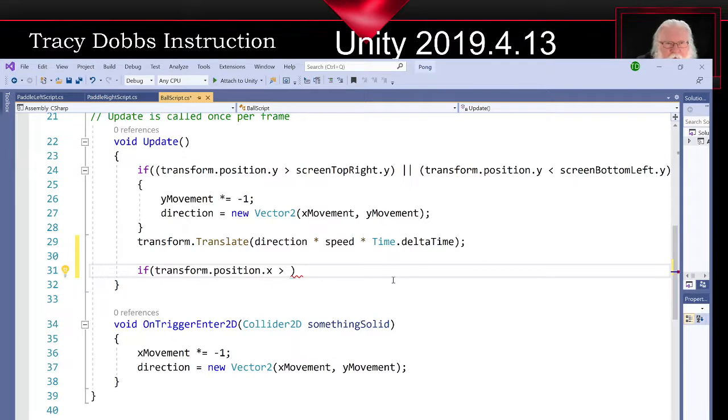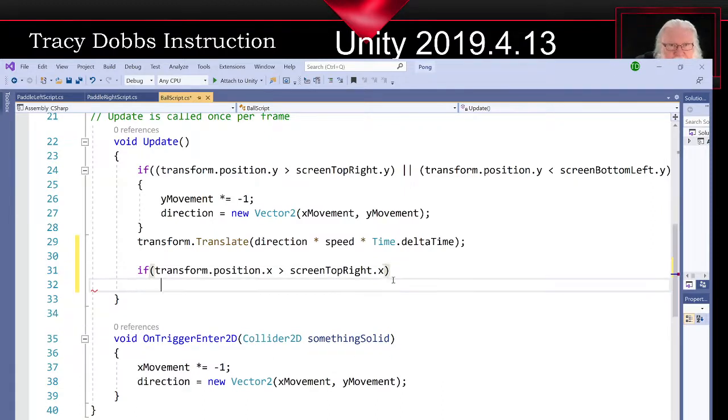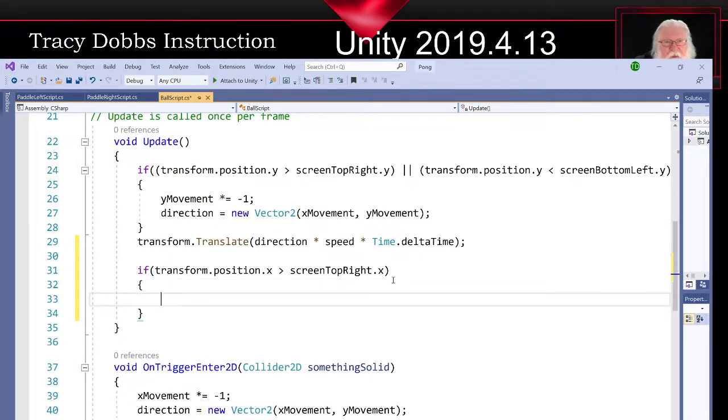So if the current position of the ball, left and right, is greater than the right-hand side, I'd say screen top right.x. If that's true, then what I want to do is reposition the ball. So if that is true, then I want to say transform.position,